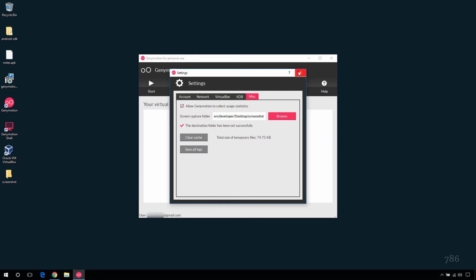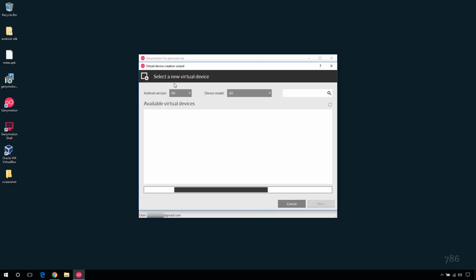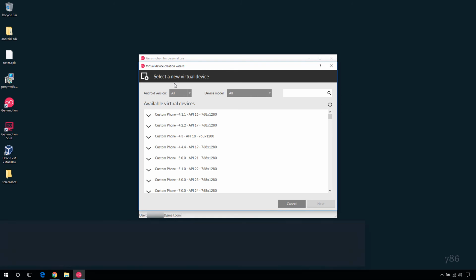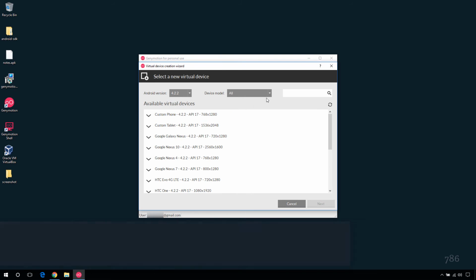Let's look at how to prepare the device and launch the emulator. To add a device, click Add button. This will list all the available devices. You can filter the list by version, or model.